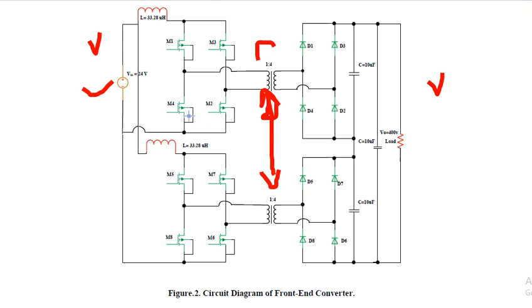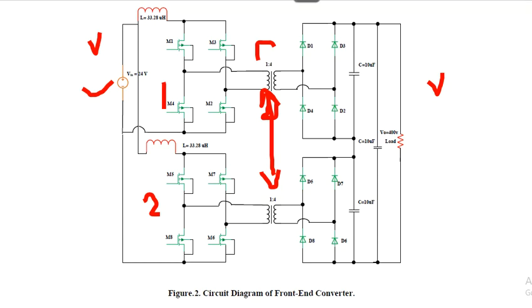Two parallel inverters, 1 and 2, with a 90-degree phase shift are used for reducing the input ripple and the MOSFET switching losses. For reducing the magnetic component size, the switching frequency is about 100 kilohertz, which increases the reliability of the circuit. So this is the proposed converter topology.